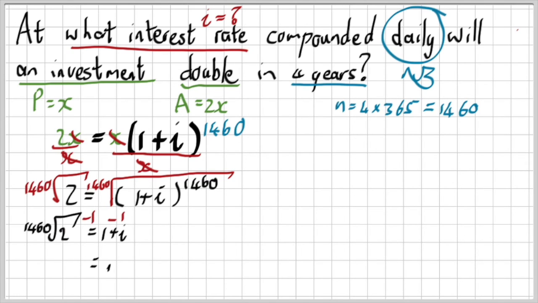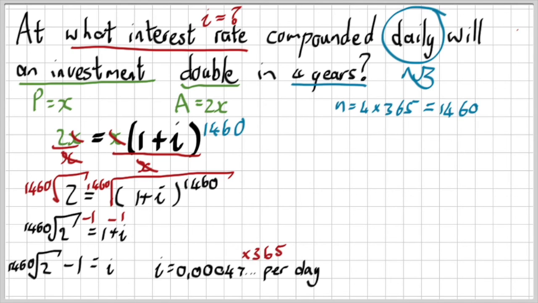If I subtract 1 on both sides, I have this beautiful expression which ends up giving me an i value of 0.00047 per day. So to get this to be per year, because we love to have our interest rate per year, I'm going to multiply by 365, and that gives me